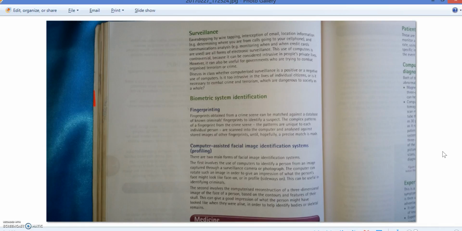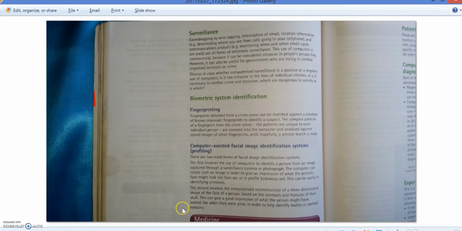Then we have computer-assisted facial image identification, or basically facial recognition, where based on your features on your face, the computer can identify who you are. Again, this is dependent on having a database of images of persons so that your image can be compared to one on the database to be recognized. Of course, I'm saying your, but we're talking about law enforcement here, so we really mean the criminals. There are other ways of using facial recognition. So, for instance, if